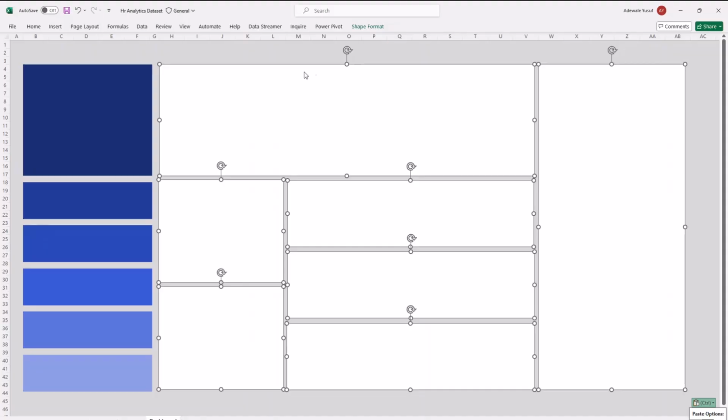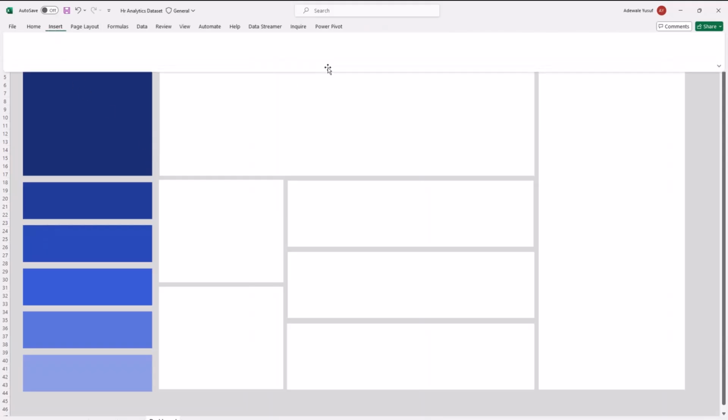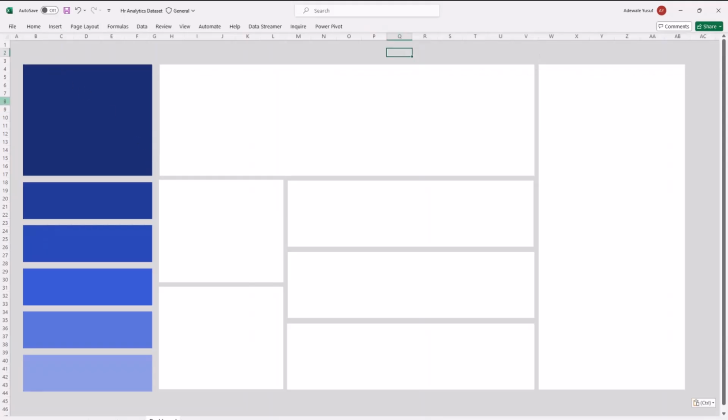So this is the layout. When you are done with the final layout and you've created the layouts like this, just make sure you align the layouts very well and make sure that everything makes sense. The next thing to do is to start putting visuals and everything you need inside this layout. So I will start with the text box. I'll come here and bring a text box here. This text box, I'm going to call it HR Analytics report.